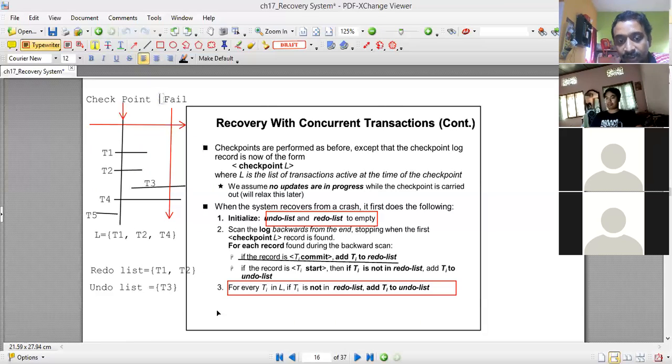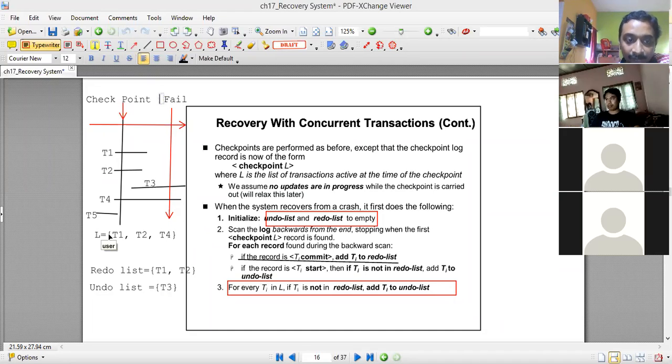Now the third point says that by considering the list of active transactions L, if we find some transactions that are not in the redo list, then we have to forcefully add them into the undo list.